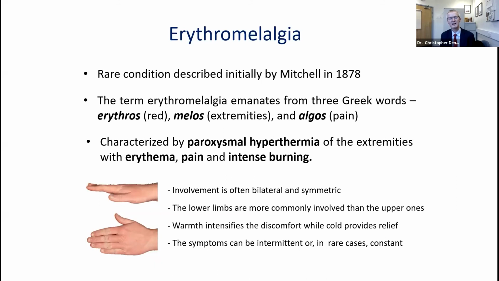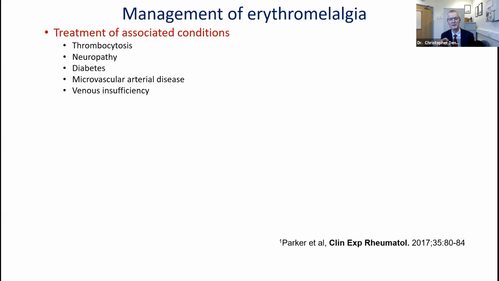hyperthermia, and that their attacks of erythromelalgia are really triggered by increased body temperature or by exposure to increased temperature. So it really is very much the opposite of Raynaud's phenomenon. So warmth intensifies the discomfort, and if anything, low temperature often perhaps will give some relief. It can be a systemic problem, so it can affect any of the extremities. It's perhaps most typically seen in the lower limbs,